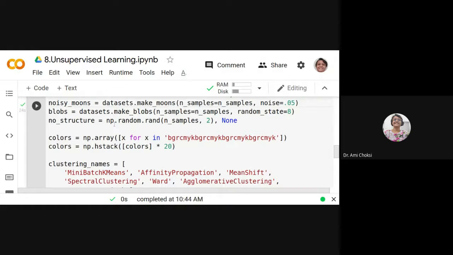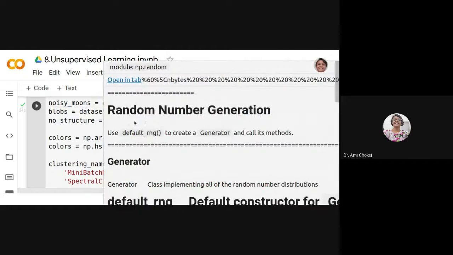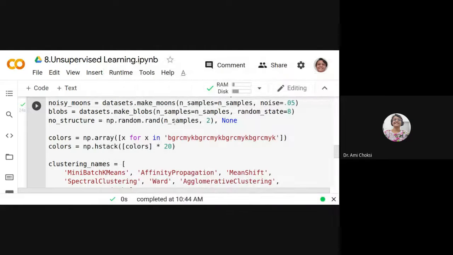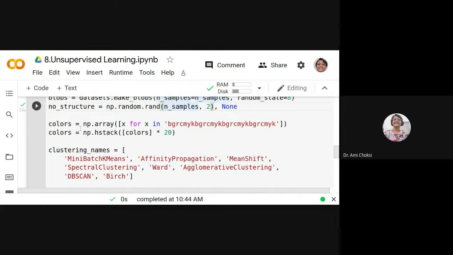Now, what we say is np.random.rand for generating the random samples, isn't it? Then colors we are specifying, for x in these colors, right? What we can say is B, G, R, C, M, Y, K. The colors are there, isn't it?